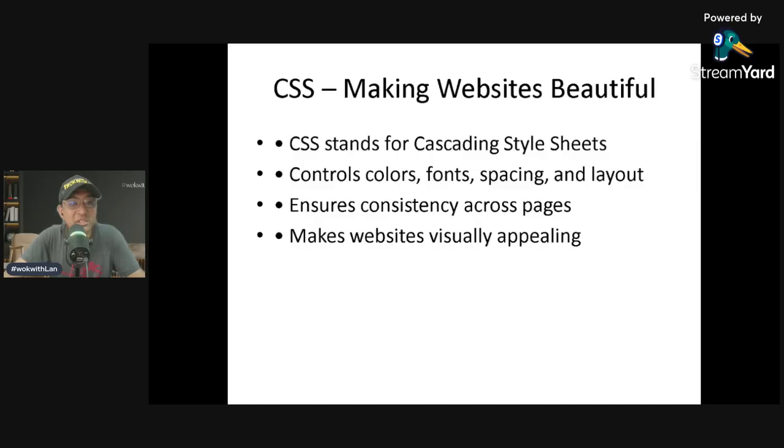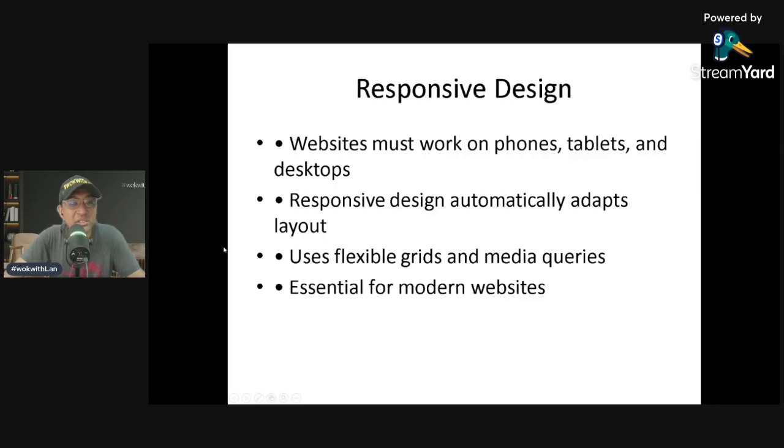Now this leads us to responsive design. Today, people browse the internet using smartphones, tablets, laptops, desktop computers, and maybe even smart TVs. So a website that only works on a large screen will fail on mobile devices.